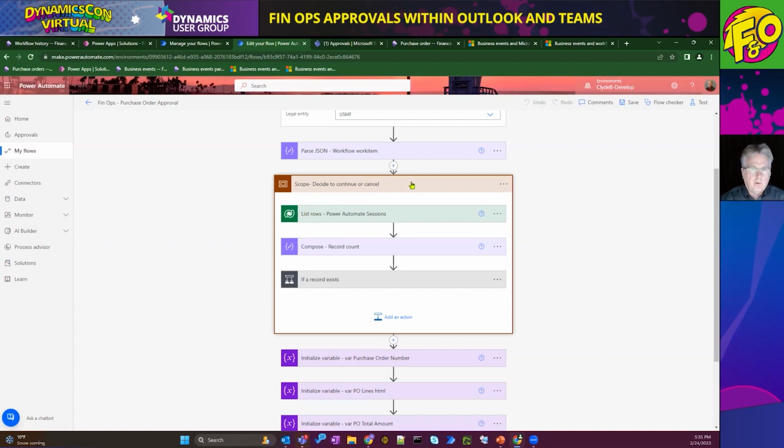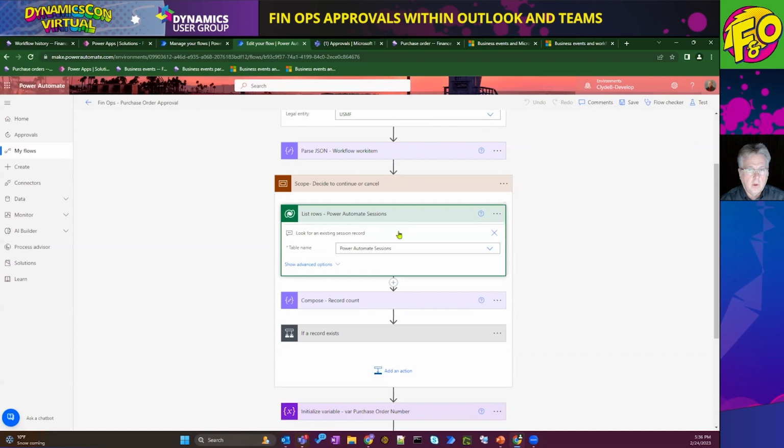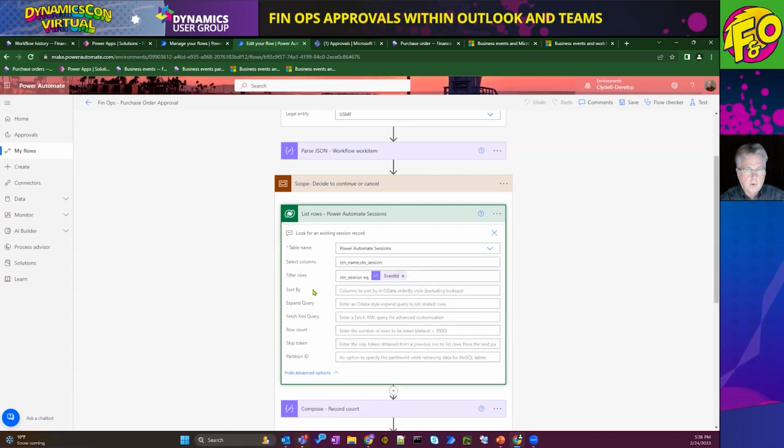I created this scope here to encapsulate the actions to accomplish that, to decide whether to let the Power Automate session continue to run or to cancel it. Basically, I created a small table within Dataverse that would hold some information. I would look for that information on that table using the filter rows based on the event ID returned from our trigger.